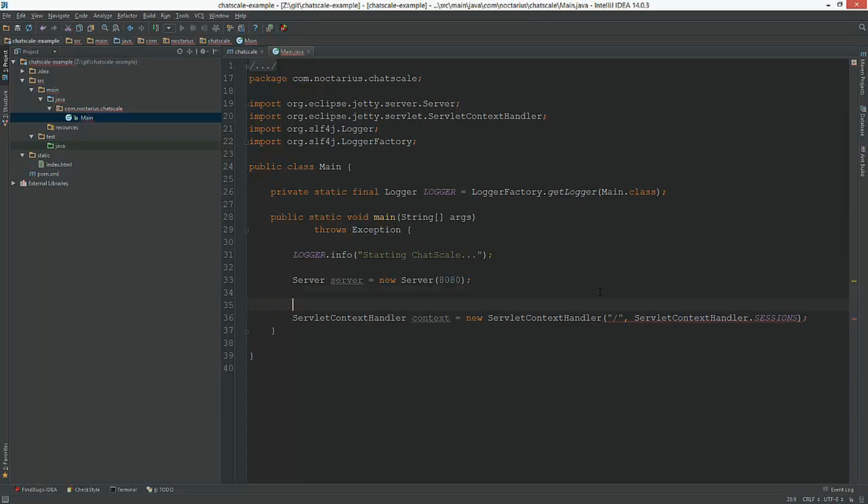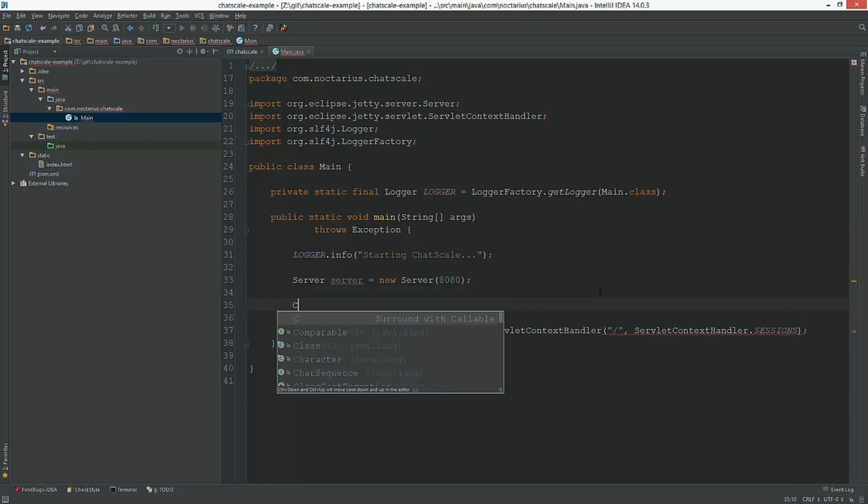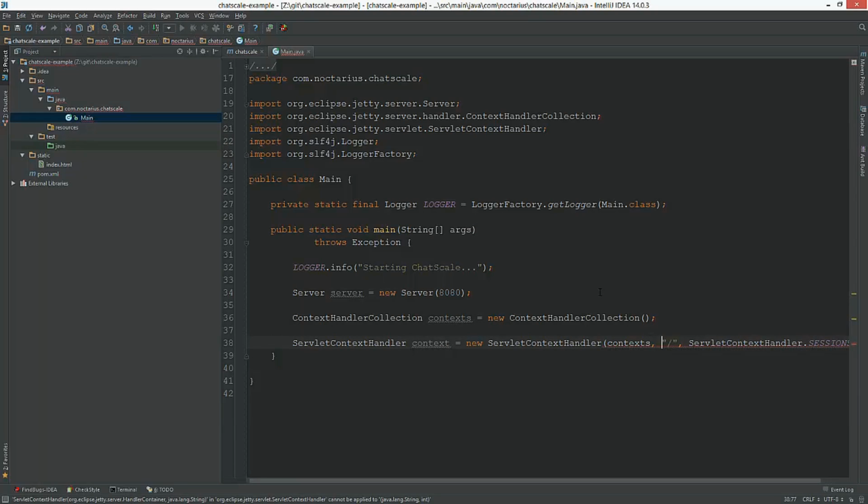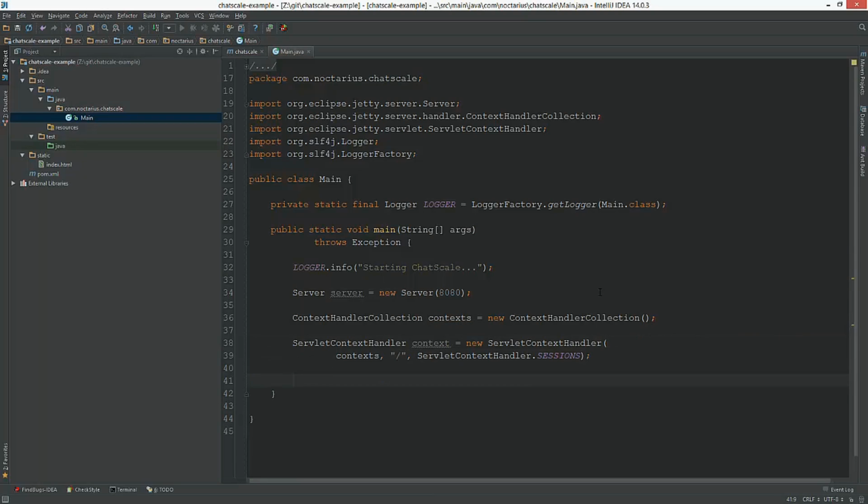Oh right. First of all, we need a context handler collection, which holds all of our different contexts. I think this is like the web application itself. If you would have a Java web application deployed, and the servlet context handlers are the different contexts itself.